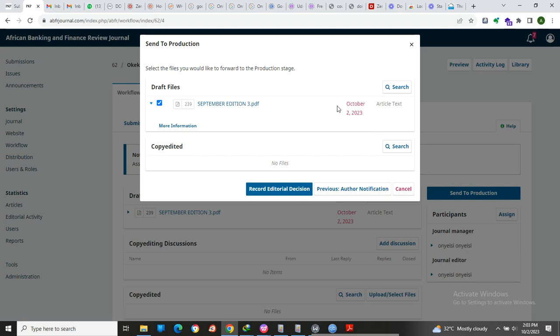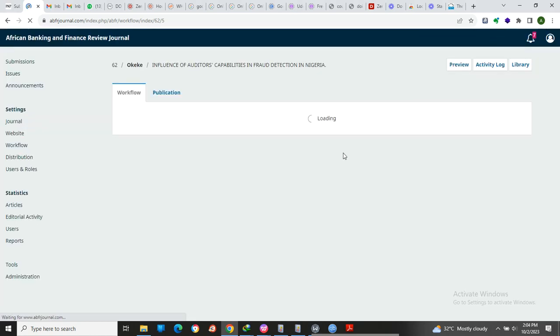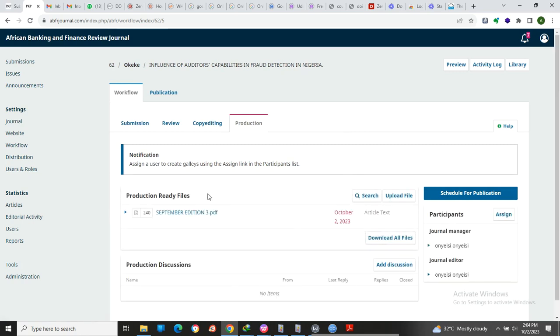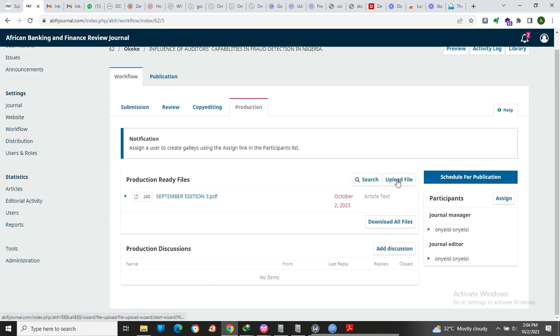They will all have their dates so that you follow the approval dates. Record editorial decision, and it takes you to the next stage of the workflow, which is production. Now that everything is ready,